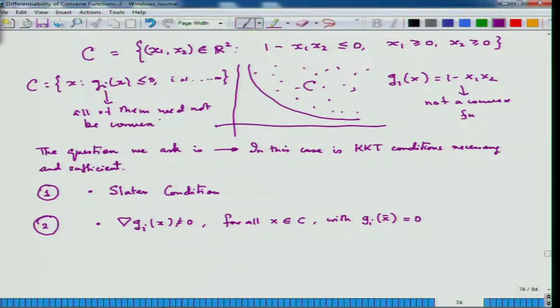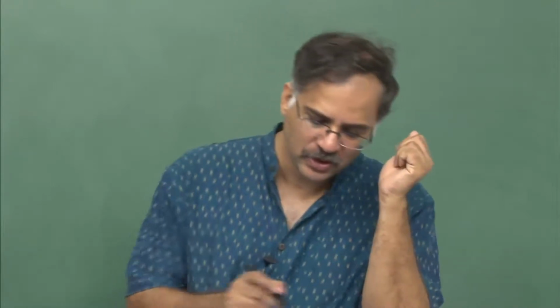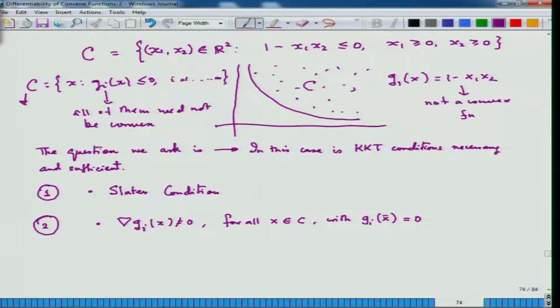So, sometimes if I just list down the constraints, if there is a non-convex constraint, we consider it a non-convex programming problem or non-convex optimization problem without realizing there is a hidden convexity, because the ultimate feasible set C is a convex set. So, for such problems, if these two conditions are satisfied, then Lazaire proved that